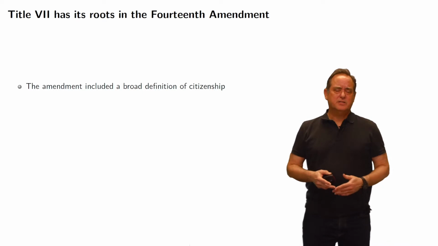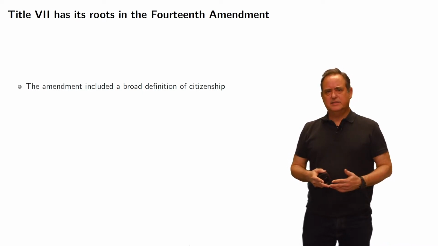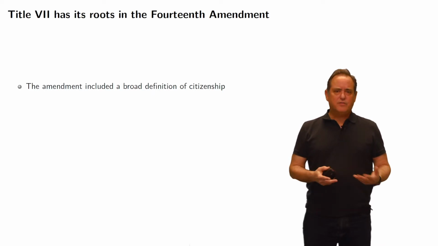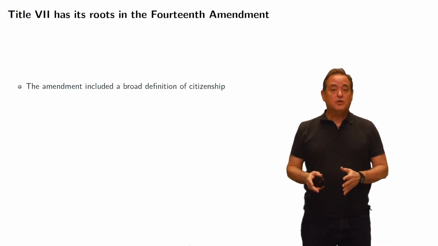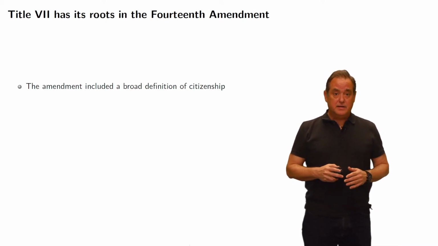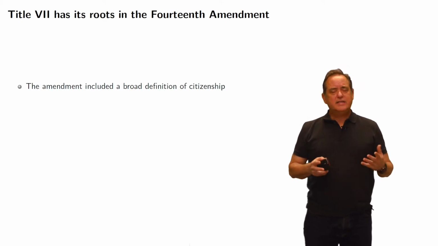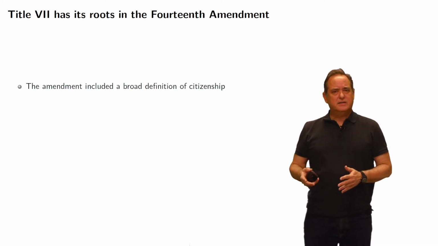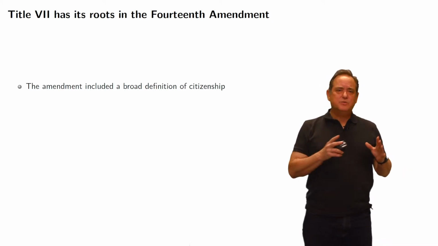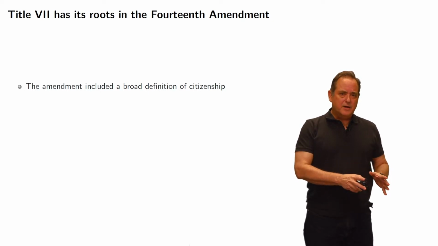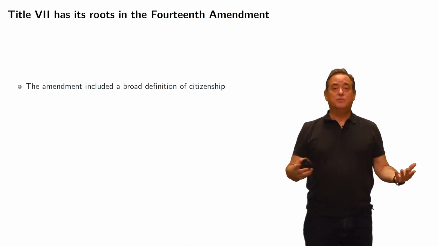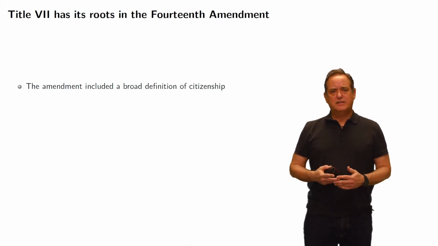Remember the worst decision in Supreme Court history, the Dred Scott decision. Dred Scott said that people of African heritage could never be United States citizens. So we needed a constitutional amendment to do away with that interpretation of the law. And so they settled on this, birthright citizenship. If you were born here, you're a citizen here. Now again, critics would claim that this was just about how do we treat former slaves, and that once that group was made citizens, then we should drop the notion of birthright citizenship.